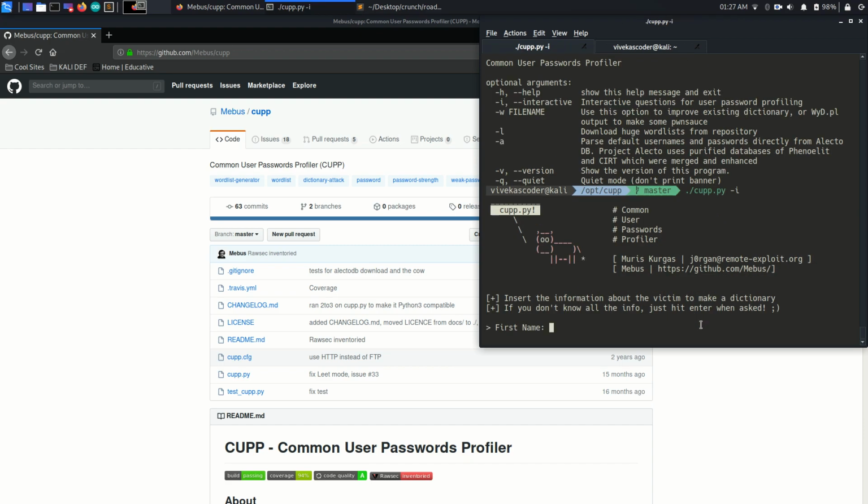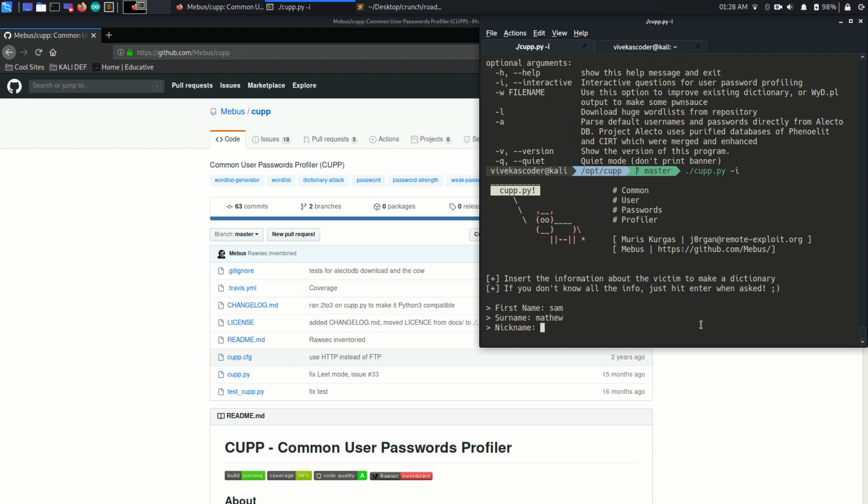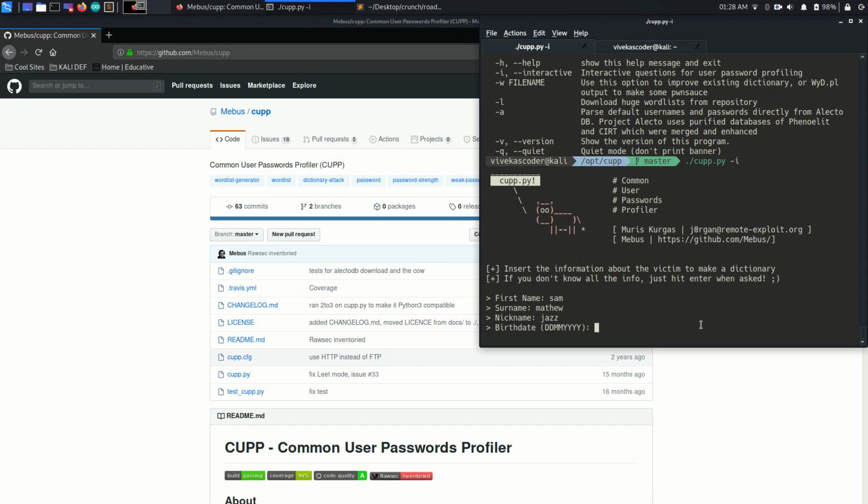Now this will automatically generate the word list based on certain inputs that it is going to take from you. Let's say a user has a name, let's say Sam, surname is Matthew, let's say nickname is going to be anything, let's say Jazz, whatever. Let's provide a random date of birth.